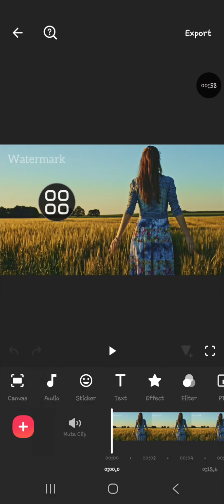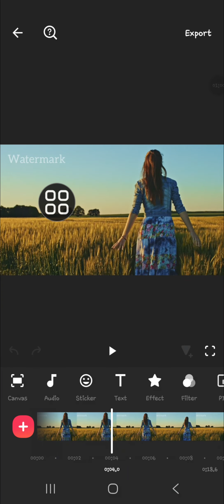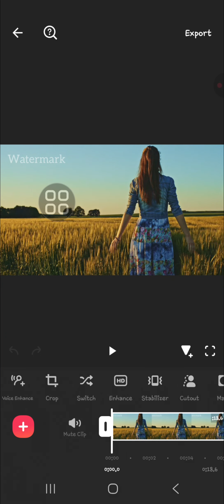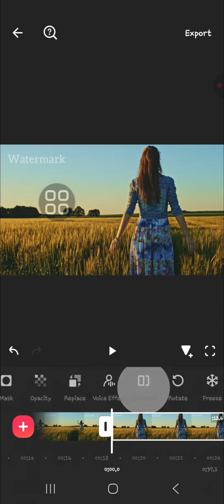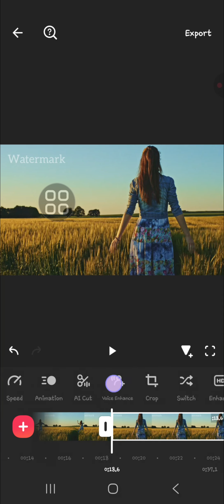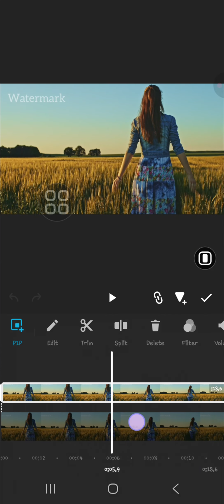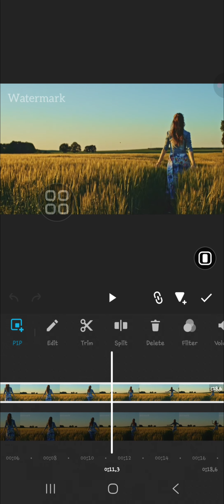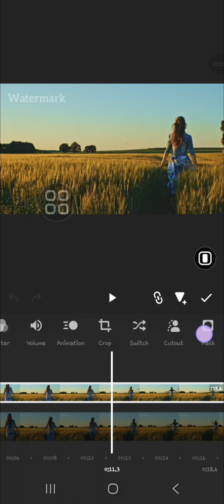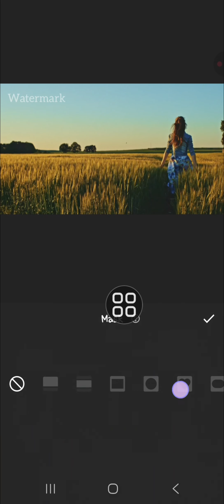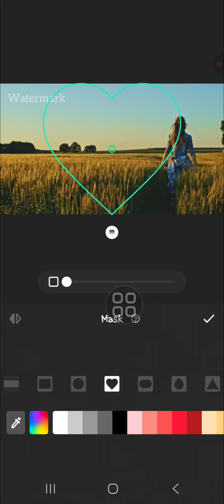video. So guys, usually I use the mask trick to remove watermark. I'm going to duplicate my video first, and I'm going to make it as an overlay. You can select switch like this, and then I'm going to add mask to the second layer. This layer guys, and choose the mask, select the shape of the mask, and I'm going to choose